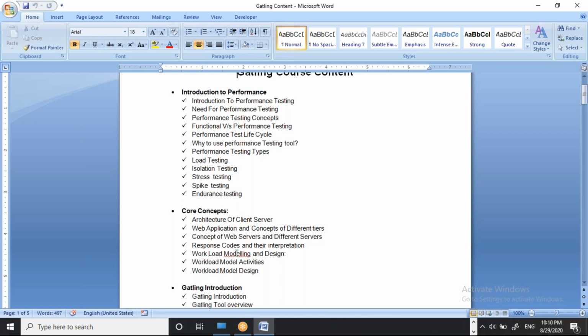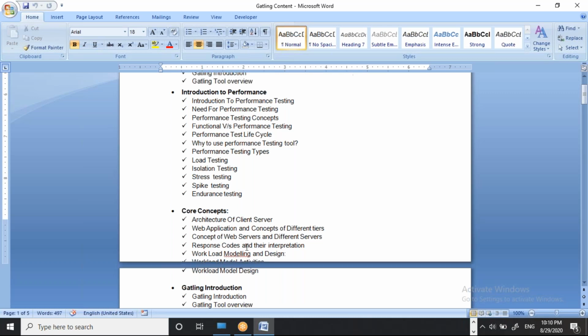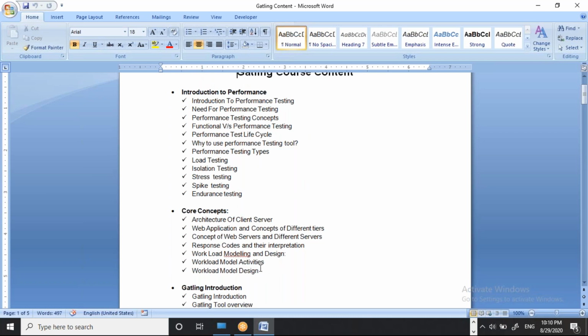All these things will be in your workload model, and what the activities are. Then we will take one example of how we can design one workload model for a random application, and we will discuss how to design all these things in your core concepts.